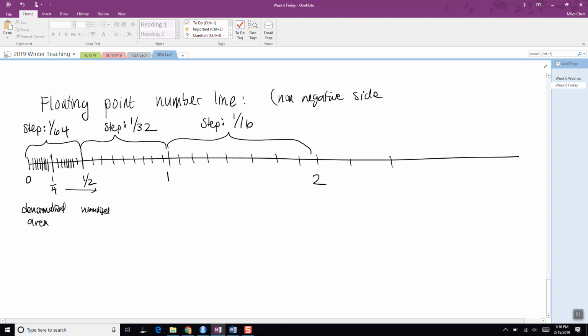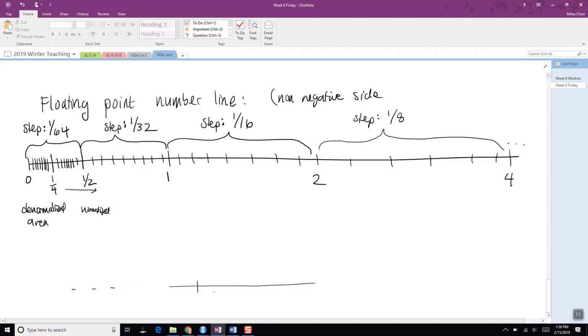Okay, and then after 2, basically up to 4, what will the step size be? It will be 1/8, and so on and so forth. Okay, until we get to